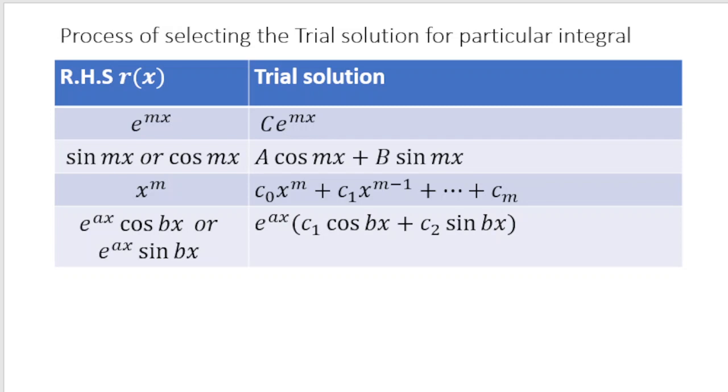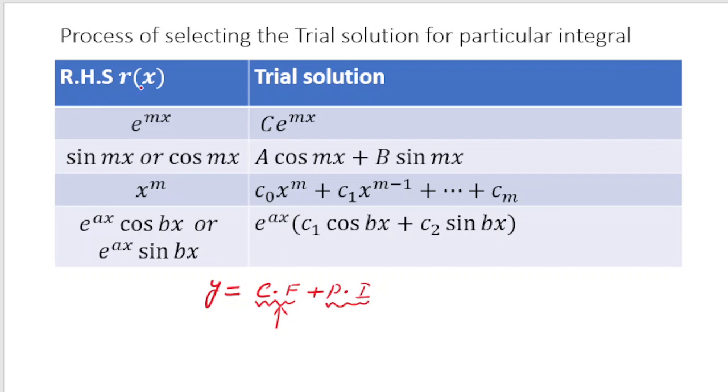So let's start. First of all, the method of undetermined coefficients is a method to find the particular integral. We know that when we are solving a non-homogeneous system of linear equations, we write the solution as y equals complementary function plus particular integral. How to write the complementary function, we have already discussed in detail in my previous videos. In case you have not watched them, watch them in sequential order. And here I am going to talk about how to find the particular integral and will be solving problems related